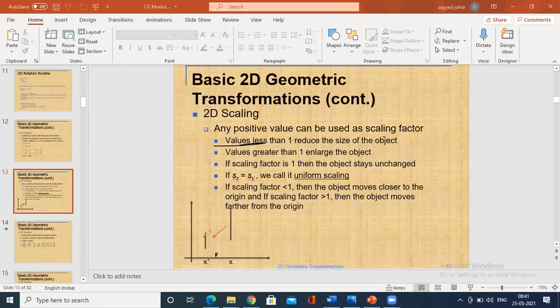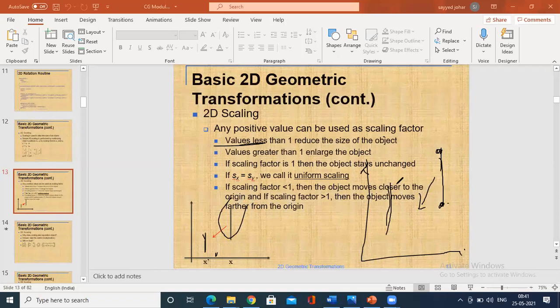In the case of scaling, this is the initial position. This is a line, a big line, which is being moved towards the x-axis. This is the x-axis and y-axis. At this moment, we have certain x, y. When you drag over here, the value of x changes, the value of y changes. So there is a change in the dimension of a line.